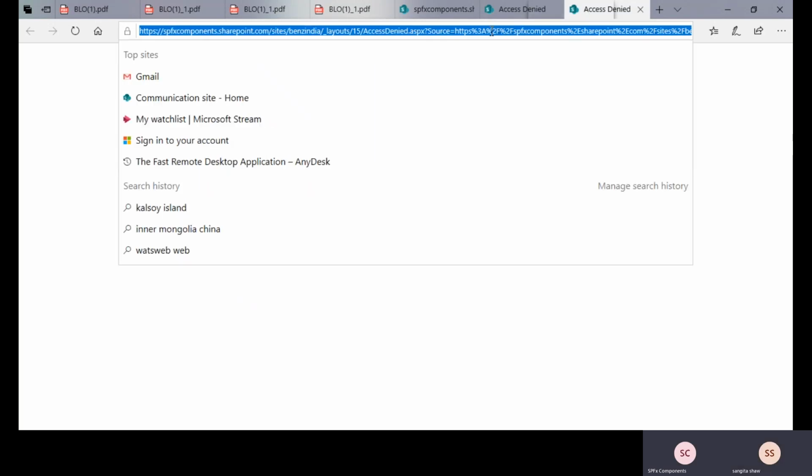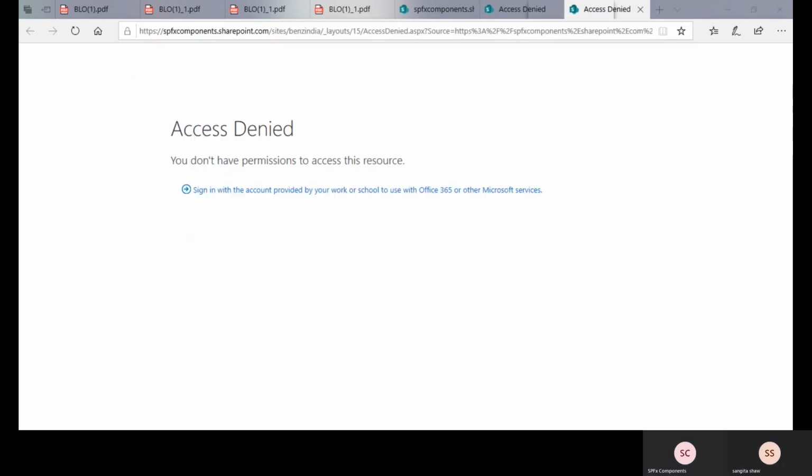I think not logged in here. Access required. You can see my screen, right? Yes. No, try to like till Bench India, sites Bench India.